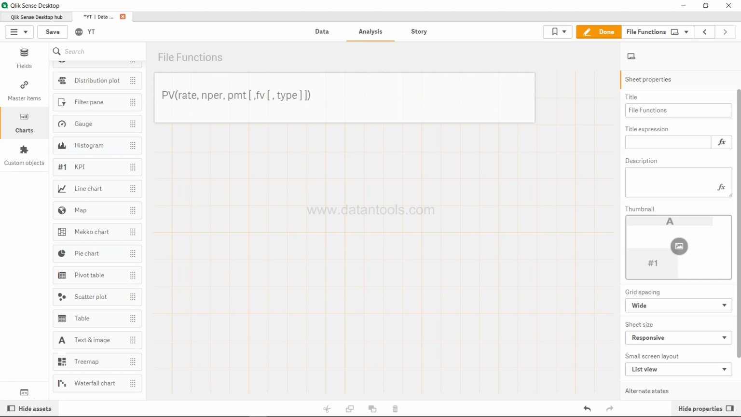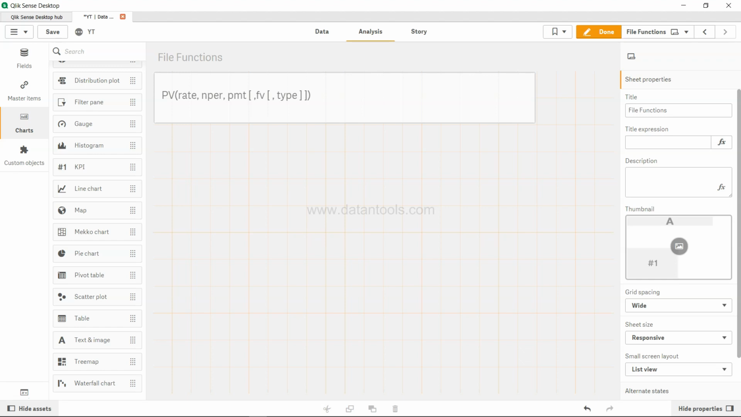Hi there, welcome to the new Qlik Sense tutorial video, and in this video we will look at the PV, or the present value function, that returns the present value of the investment, and the output that it gives is in the money format. So it has some parameters like the rate, which is the interest rate per period, and